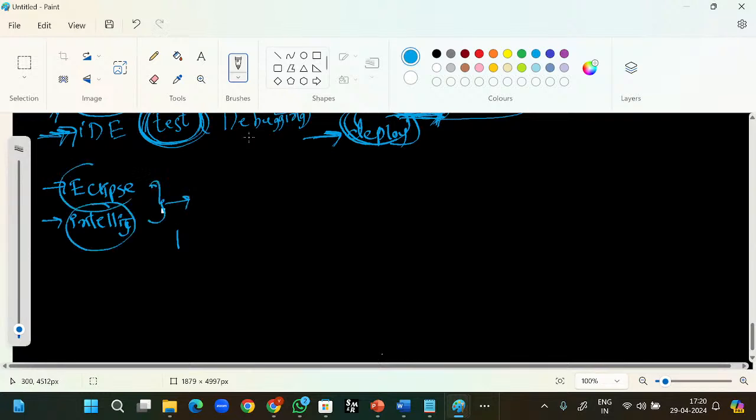For the backend purpose, we will use Eclipse and IntelliJ. Whoever is working at the backend, these two are good for the backend purpose. I will say Eclipse and IntelliJ, and whoever is working at the